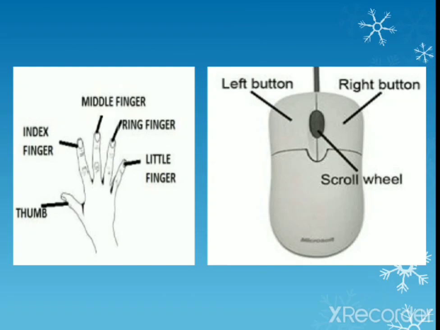You have to keep your index finger on the left mouse button and your middle finger on the right mouse button to operate the mouse, and the rest of the fingers you will keep aside. You will hold the mouse very lightly, and you are not going to press the left and right buttons when you put your fingers on them. You are just going to keep them on the mouse. Remember, you are not going to press these buttons. We will press them whenever it is required, whenever we are going to do some work. Fine.